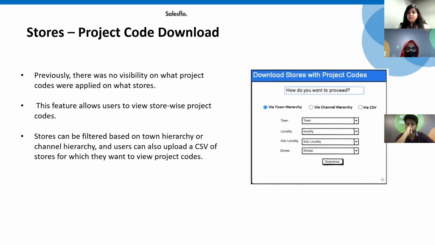So this was a problem that our customers were facing, and to give clear visibility, we have worked on this report that we'll be giving you, and Asra will be giving you a detailed demo of how you can select different filters, and based on those filters, you'll be able to see what stores belong in which project code. So over to you,